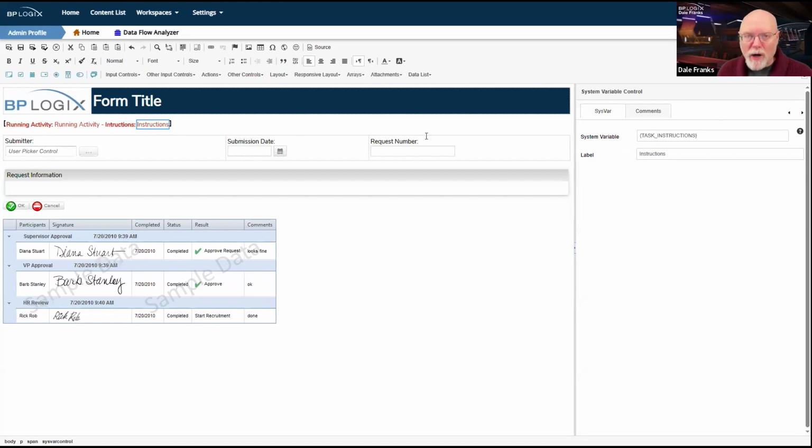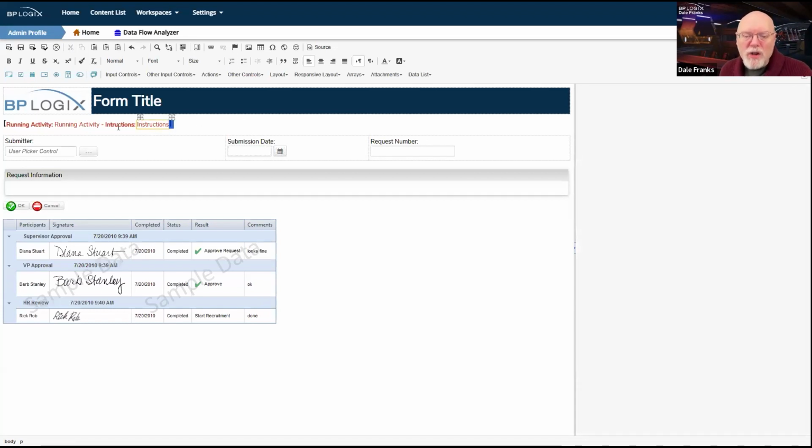There's no timeline running. When the timeline is done, it's not running. Neither of these system variables will have any value. So I don't want to see it then either. So I really only want to show this section of the form while I'm actually running in a process timeline. Once that process timeline is completed, I don't want to see this. And obviously I don't want to see it before the process timeline begins. So this is very useful information to have while the process timeline is running, but there's no information to see at all if the timeline isn't running. So that's why they're hidden the way they are.